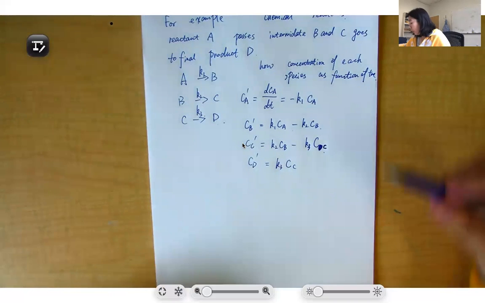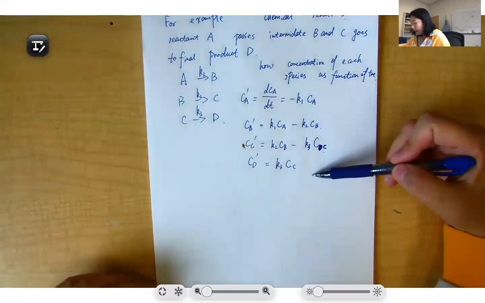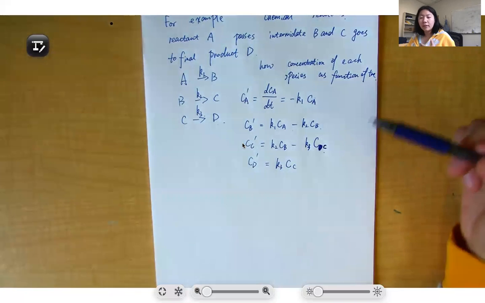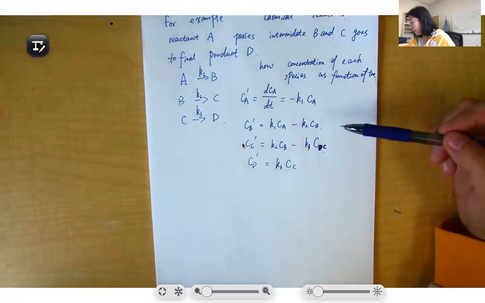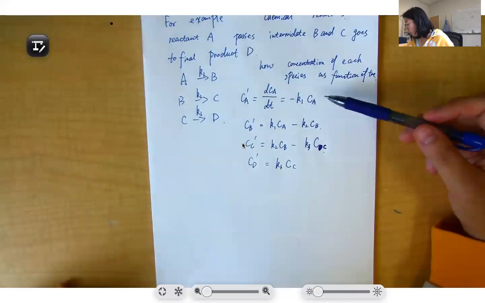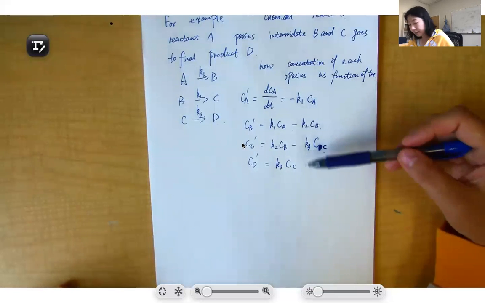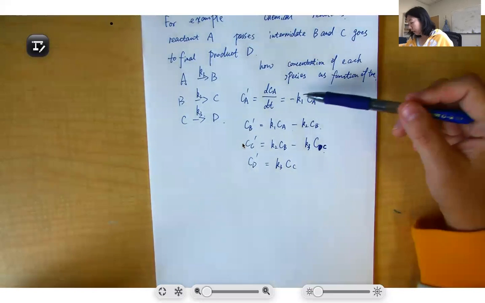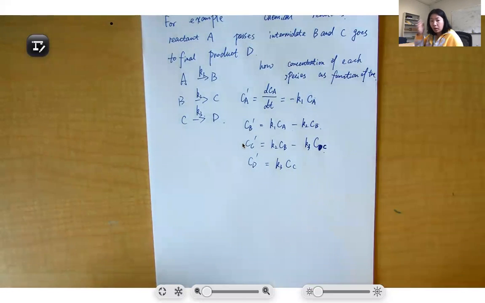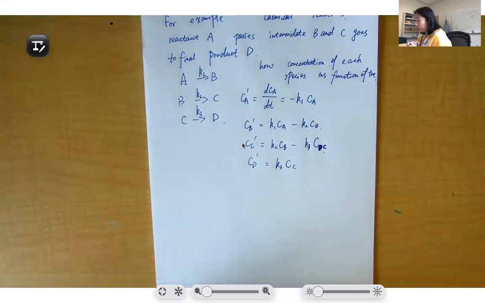Then you basically write these 4 equations here, and you have some initial conditions. So you can solve these differential equations to get what is at the steady state, what is your final CA, CB, CC, CD. Okay, or at any time, what does your concentration look like? You can solve this ODE to get those solution forms. But here we are mainly talking about the motivation of writing this as